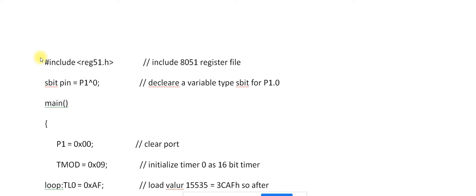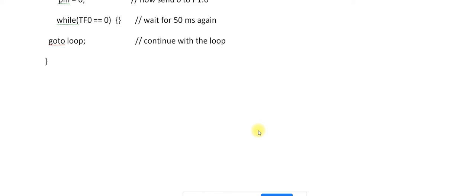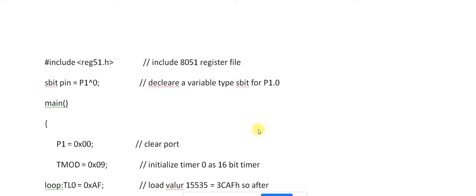So since its base is C, some definite format is used here. So first is the header file, #include <reg51.h>. I say that there are several microcontrollers. For different microcontrollers, their header files are also different. Now,